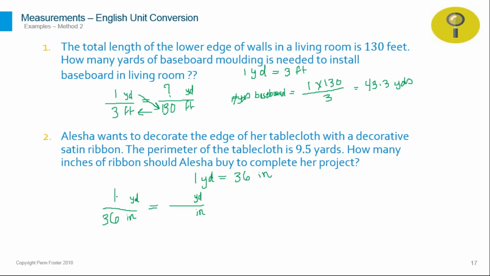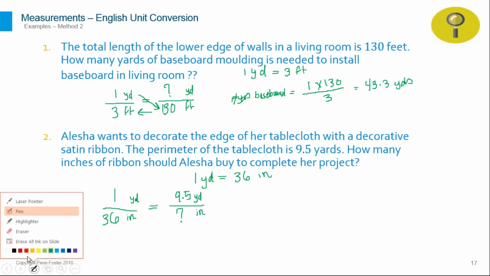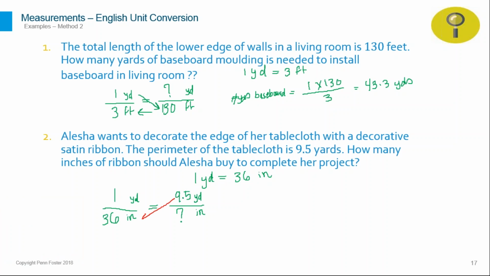We also know that the perimeter of the tablecloth is 9.5 yards. So that is the yards. So the only unknown I have in my proportion is the inches. How do we solve a proportion? Cross multiply, then divide. Cross multiply and then divide. Multiply, divide. So the number of inches of ribbon